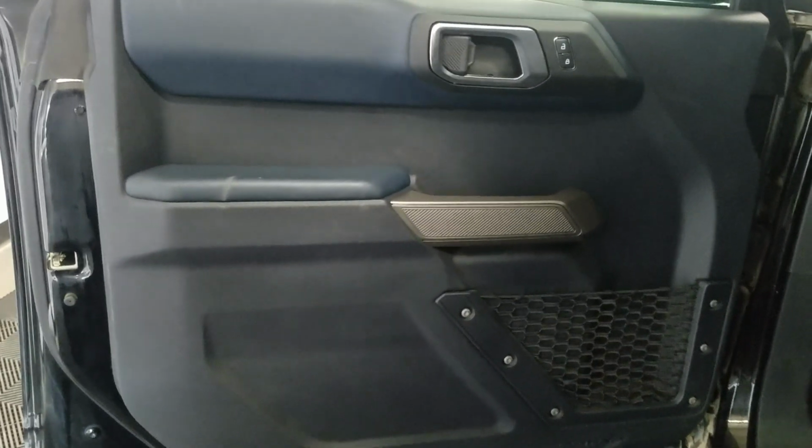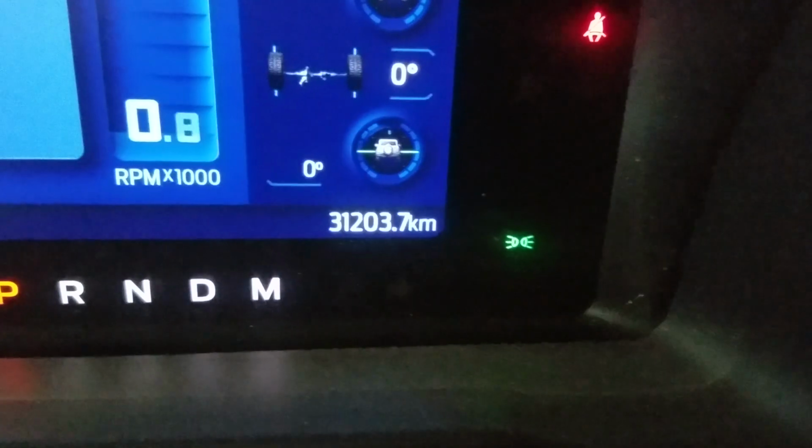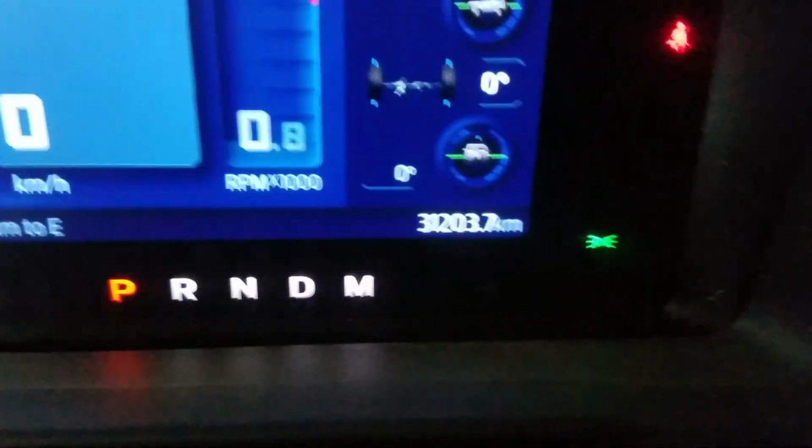In the interior, we have driver-friendly features including power locks, power windows, as well as mirror settings with door storage. Making our way into the cabin, you'll see our lovely black leather seating with adjustable side bolsters, as well as our lumbar support. Over our steering column, we have our automatic headlamp settings, as well as a tilt steering wheel with our cruise control option on the left and our hands-free option on the right, which is below your rearview mirror with our cabin lighting. Looking forward in this 2021 Bronco, you can see it has 31,203 kilometers on it, as well